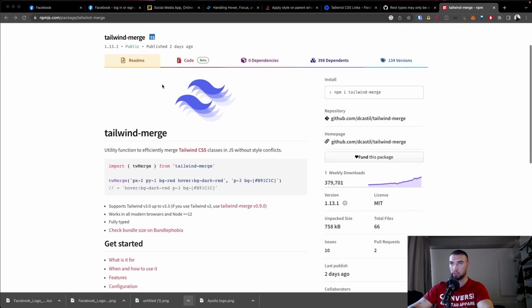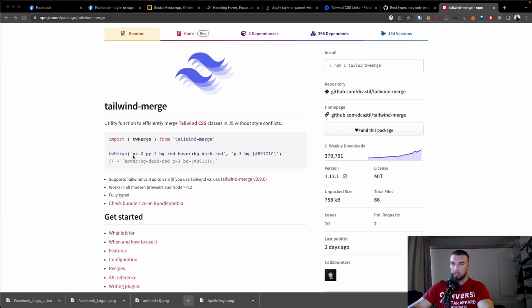All right, I'm going to introduce you to a library that is called Tailwind Merge. What it basically does is it takes multiple arguments of Tailwind styles and merges them together. So it goes by sequence. You have one style, and let's say in this style you have a background color, and in the other argument you have another background color, and it always takes the style that is